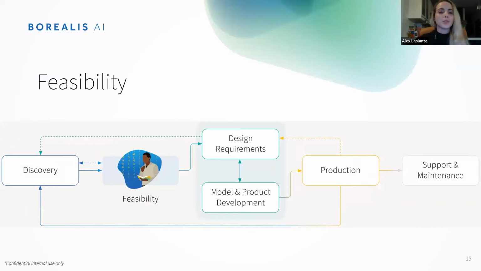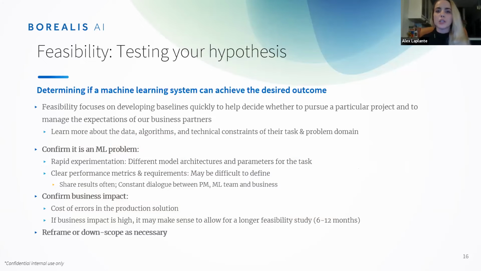Which brings me to feasibility. So we feel like we have a good machine learning problem. And now the whole purpose of feasibility is testing that hypothesis. Basically confirming, is this actually a good machine learning problem? We're going to start digging into the data. We're going to start doing some explorations. And we're going to do some rapid experimentation and baselining. And this basically gives us a sense of, how good is the data and what can we get out of it? Based on the models that we've been able to pull together really quickly, do we have confidence that if we keep on this track for a little bit longer, we're actually going to be able to provide business value at the end of the day?